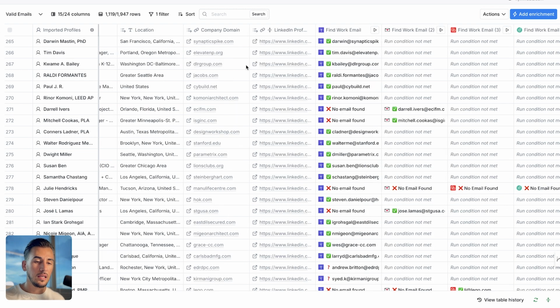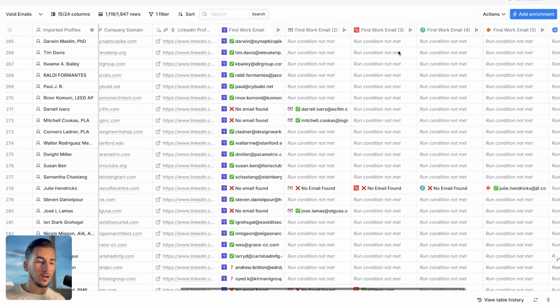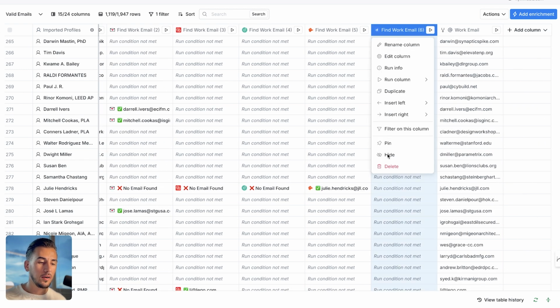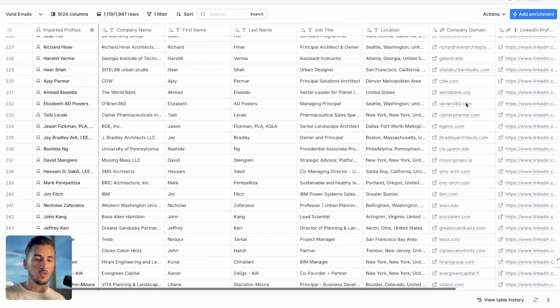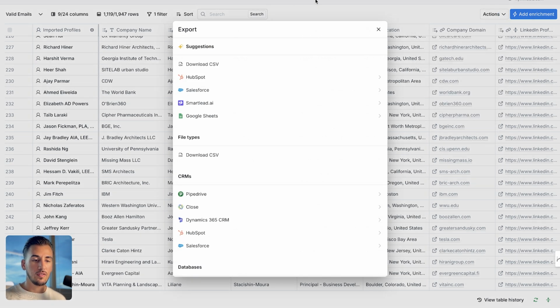Then we have the company domain, the LinkedIn profile, and we have all the columns on the email. So we can go ahead and hide all of these columns. We don't really need them. So let's clean up this list a little bit. This looks great. So again, we can push this directly to the email sending tool. In our case, we're just going to export the CSV right now and take it to the next step. So we're going to export this.